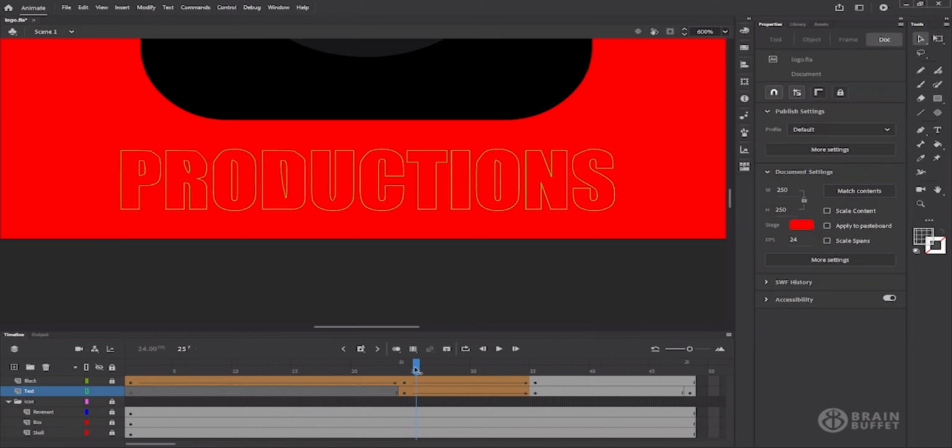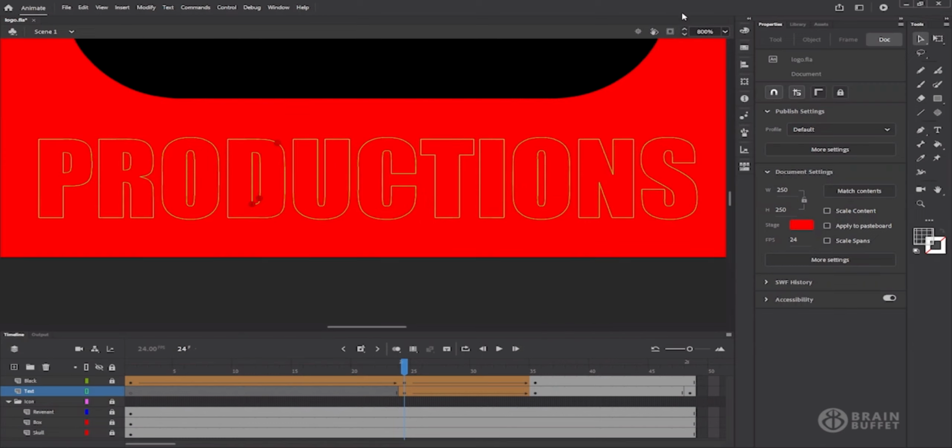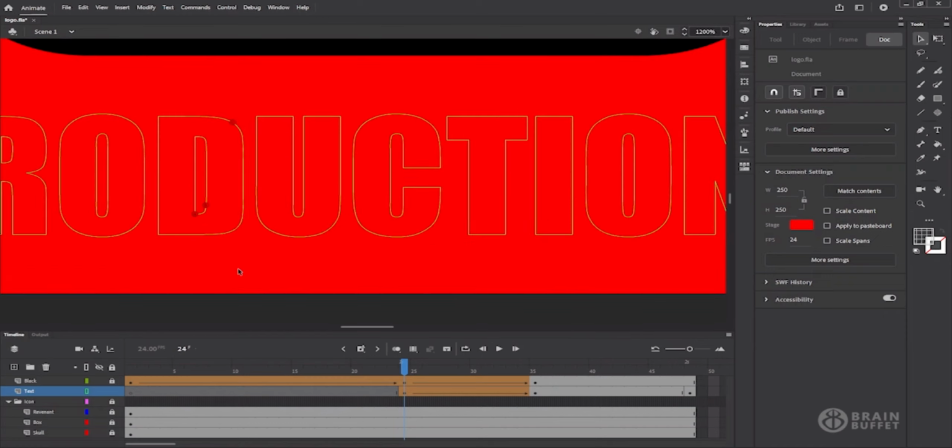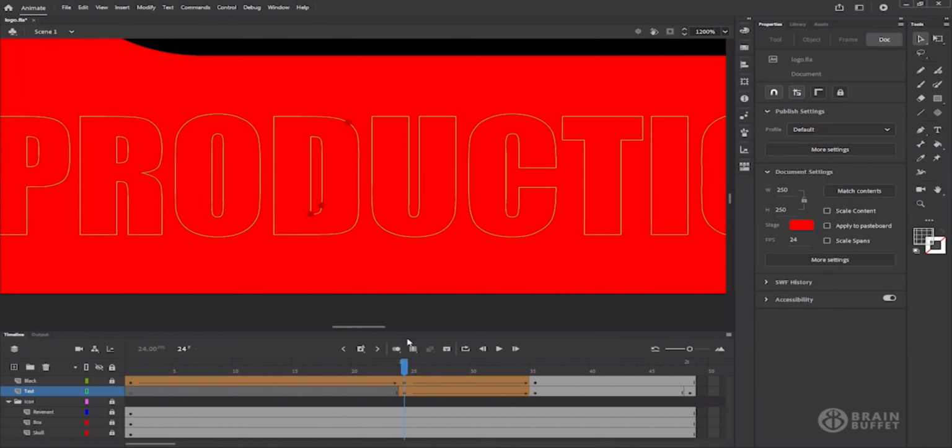And let's have a look here. C, I'm going to place at the corner here because that's getting a little weird as well. We can even zoom in a little bit more, go to 800%. So we can really see how this works. Wow, we could even go up to like 1200 and it would probably still be fine. Yep. Okay, so now that we have our shape hints on the keyframe at frame 24, we need to work